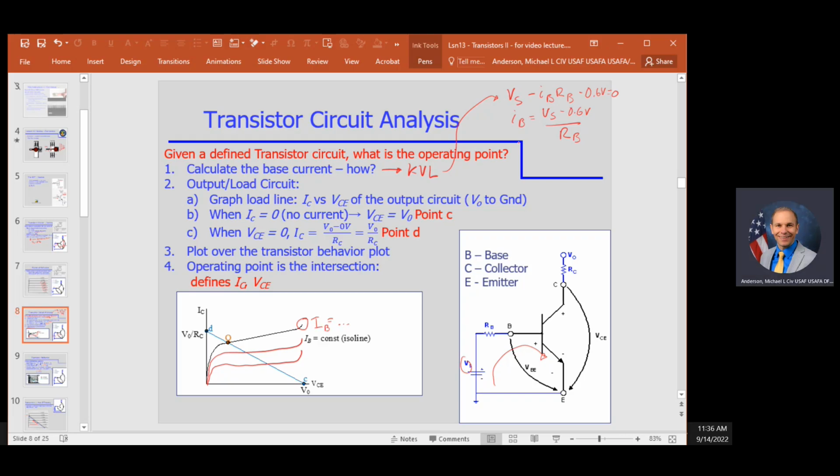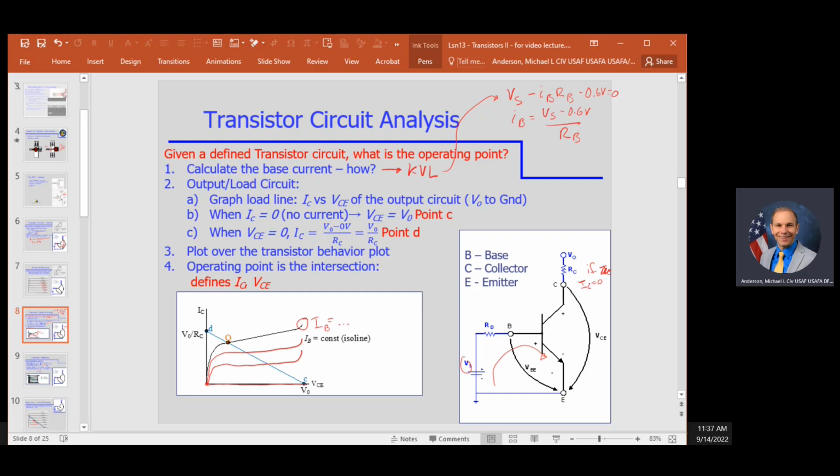Whatever we calculated here. Okay, next we need to plot this load line, and we do that by going through a thought experiment. So the first one would be to say, what if the collector current were 0, meaning we're on the bottom of this chart, so we're along this axis. If the collector current, IC, equals 0,